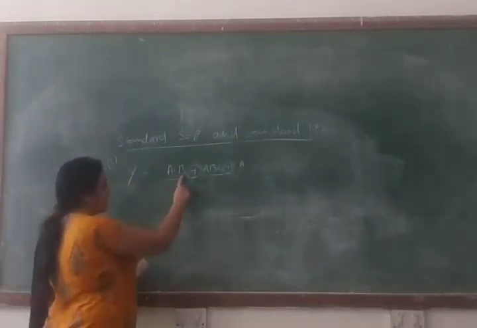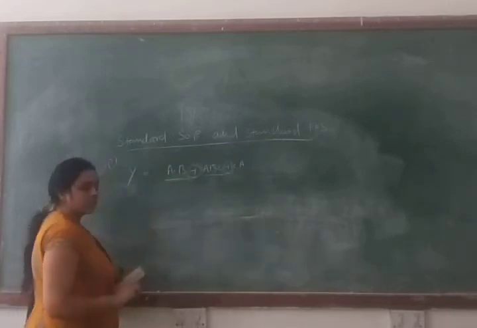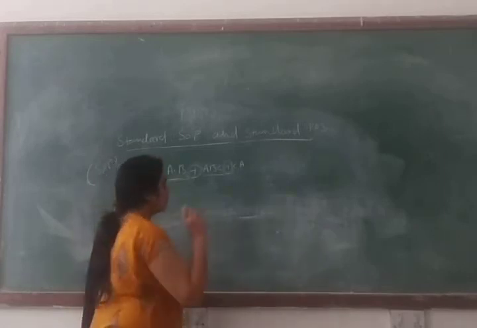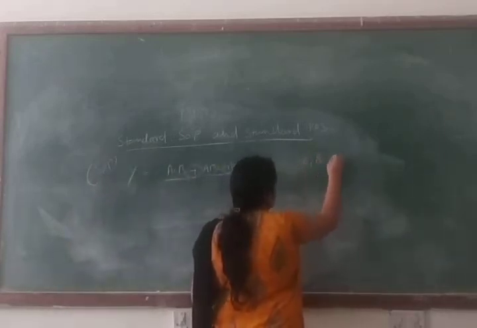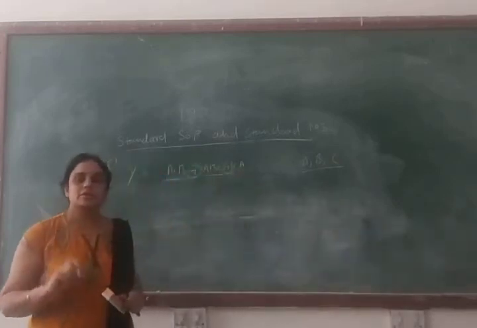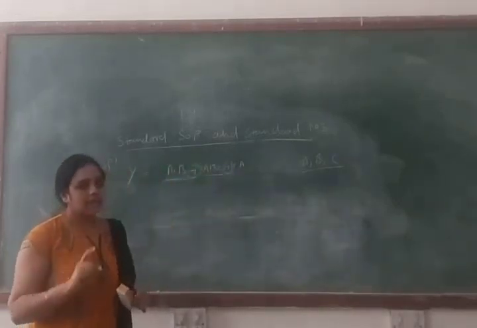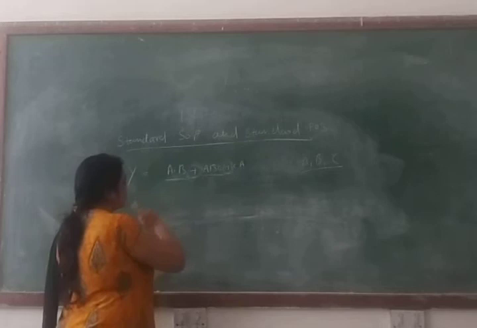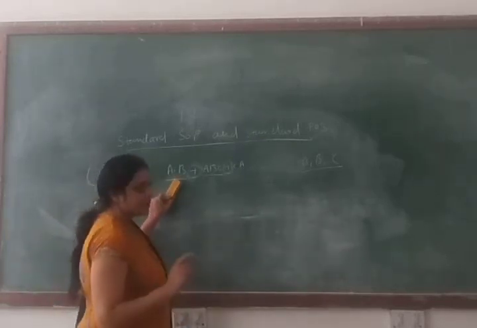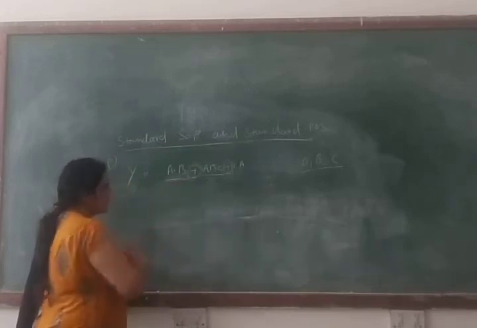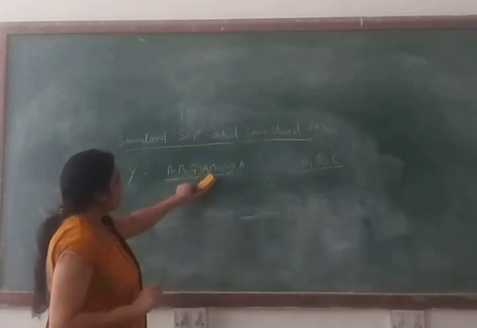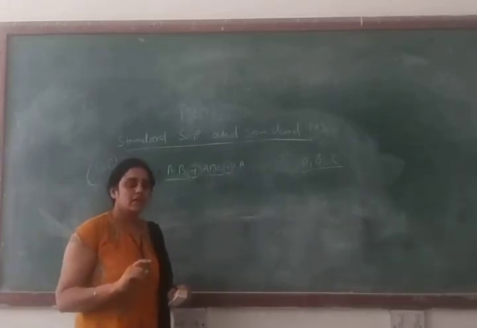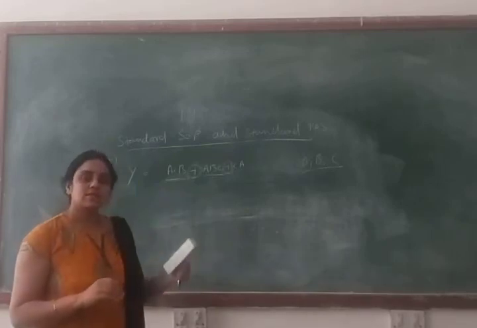So y equal to ABC. First we are taking the example, this is your first product term ABC, and in this logical expression you can see basically three literals you are using: A, B and C. So in this logical expression how many literals are you using? Three literals, and that is A, B and C. Now we will see the logical expression y equal to A dot B. So we are taking the first term, this is your first product term A dot B. In this term you can see C is missing, right? And in the second term ABC, all the literals are present. Then how will you convert into standard SOP format?